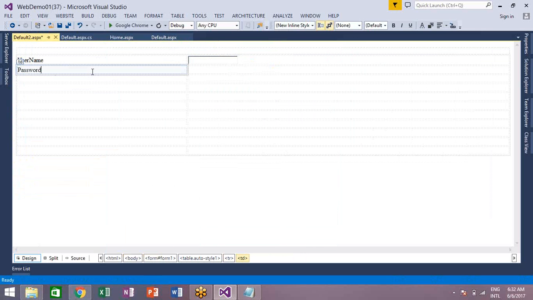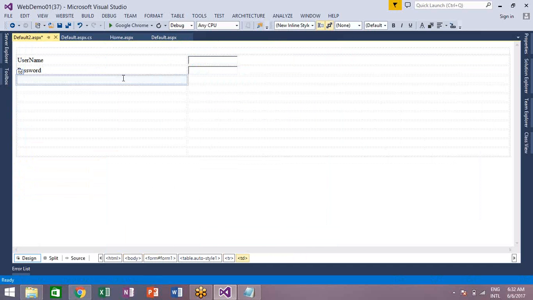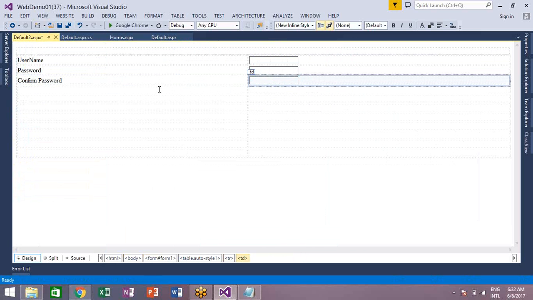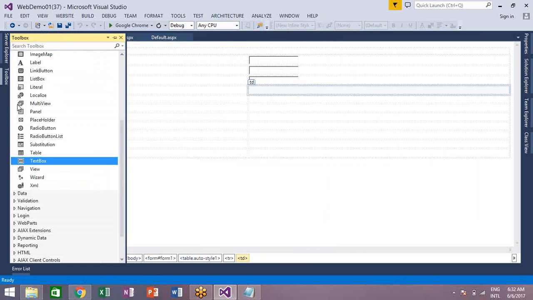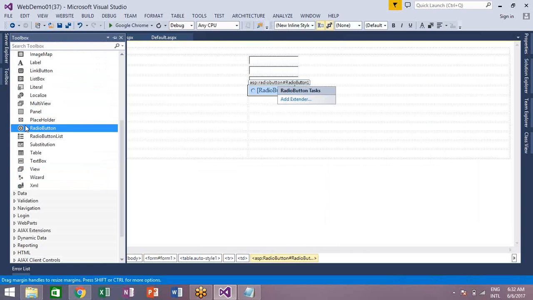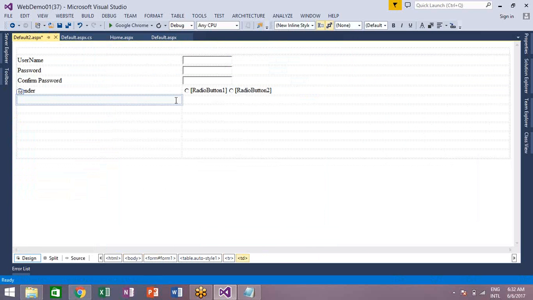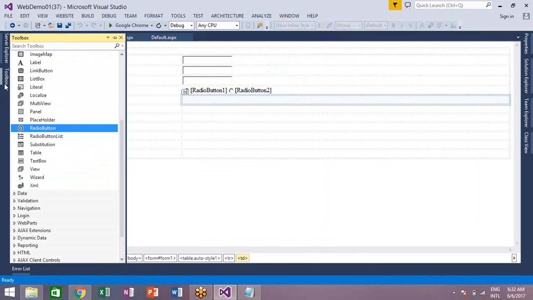Password, text box, confirm password, and I would like to take gender. For gender, I would like to take 2 radio buttons. Later, date of birth. For the date of birth, I'm taking a text box,